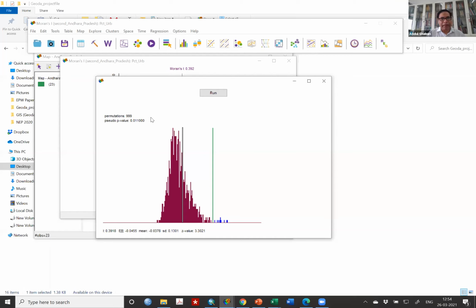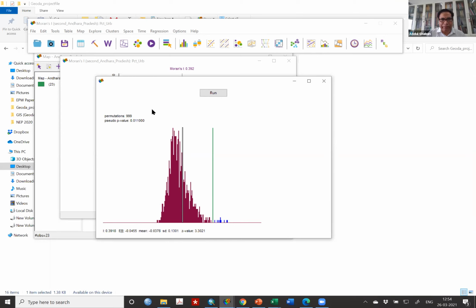That also means that any regression equation run on this will have a problem. So if somebody uses this urbanization data in some regression equation, they will face a problem.